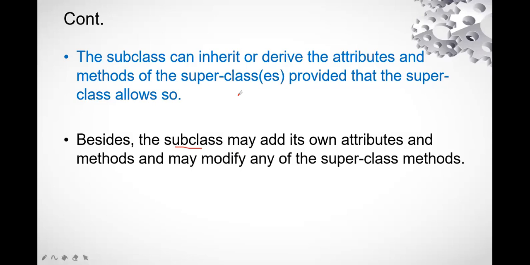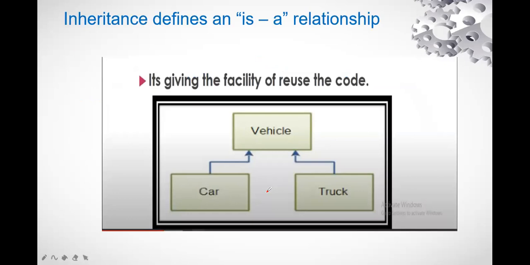That is how this new child has been created. Similarly, this is how the subclass or the child class has been created. Some features, some attributes are from the superclass, that is the parent class, and some are of its own. So this is what the subclass and superclass are. Now, what does this inheritance define? It is a relation. How can we say this is a relation?